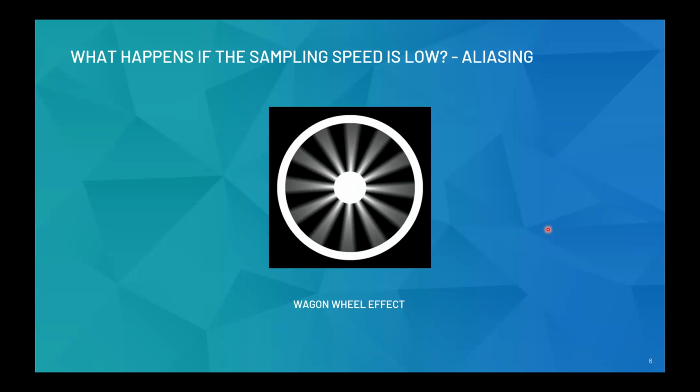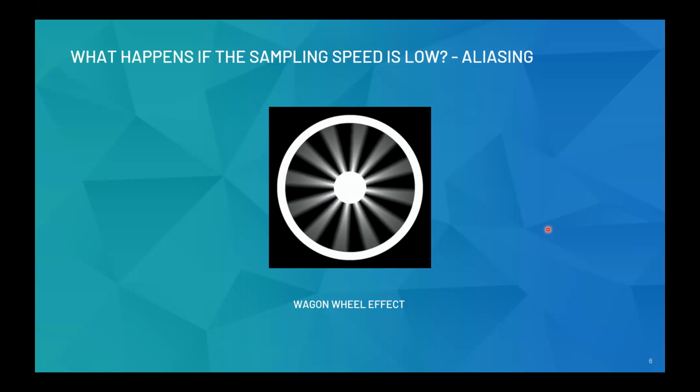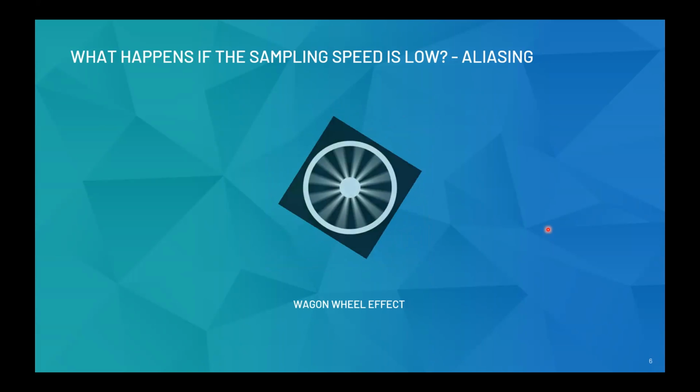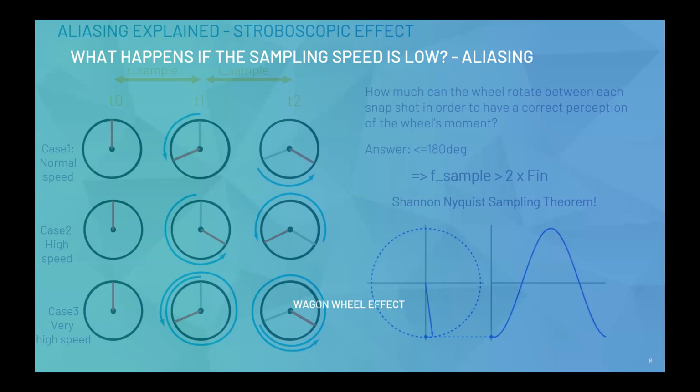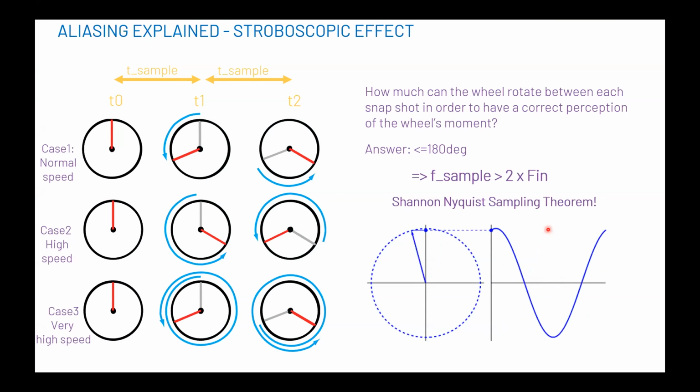At times you'll think that it is going slow. At times you'll think it is going the other way around. So although the wheel is spinning at a faster rate in a known direction, your perception would make you think otherwise about the direction or the speed. This effect is called aliasing. So let's dive further and understand what it really is. As I showed you with the spinning wheel example over here,